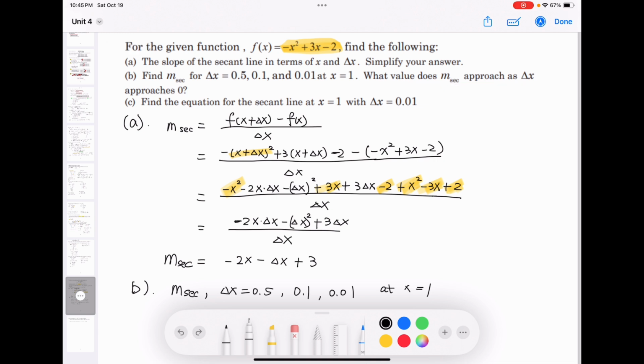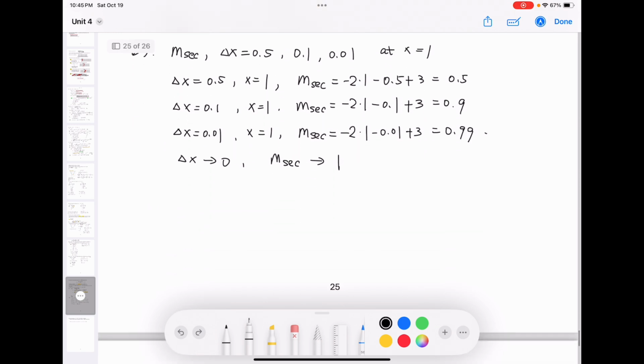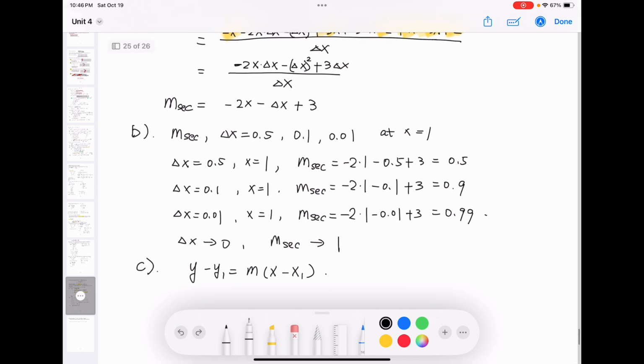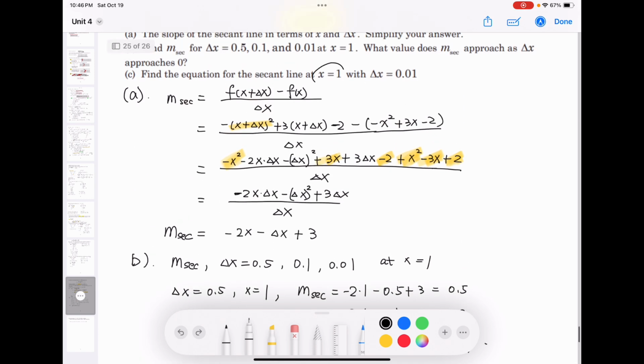Okay, number C, find the equation of the secant line at x is equal to 1 with delta x is 0.01. So number C, I'm looking for a line. If I'm looking for a line, I'm using the formula y minus y sub 1 is equal to m times x minus x sub 1. If I know my slope, y sub 1, and x sub 1, I can find the equation. So the x value is given and the delta x is